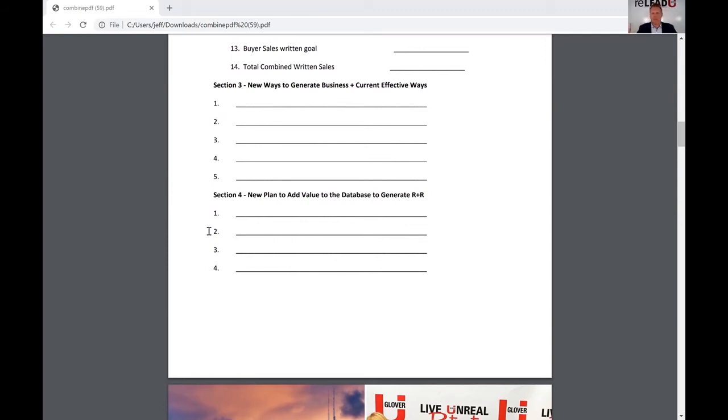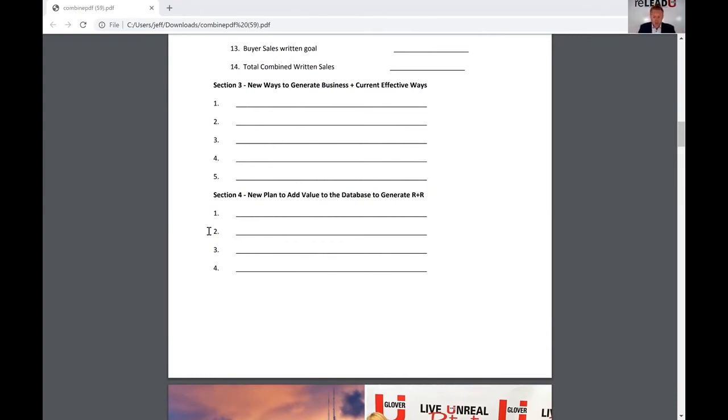I mean, we had panels, we had people from all over the country, we had breakout sessions. The whole focus of those 3 days in Orlando was how can you add value to your database so you get more repeat and referral business. 3 full days we spent on that. Unfortunately, because of COVID, a lot of those things that you wrote down, a lot of those things that you planned on taking action on, a lot of those things that were going to be part of your plan just did not happen. Because let's say, for instance, the biggest one that we hear everyone talk about, client events, right?